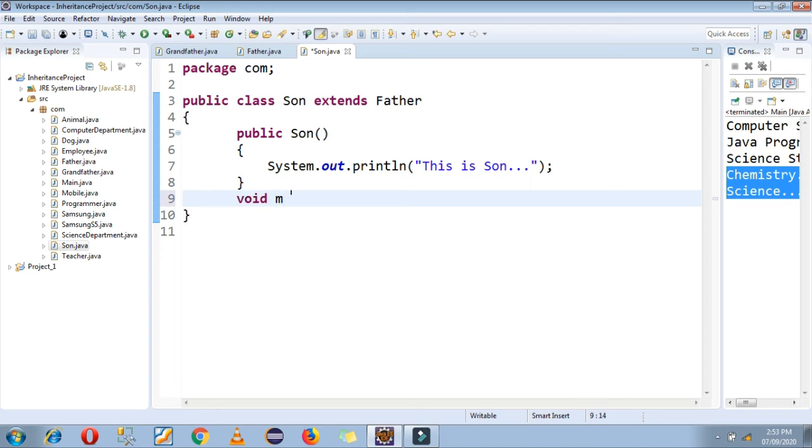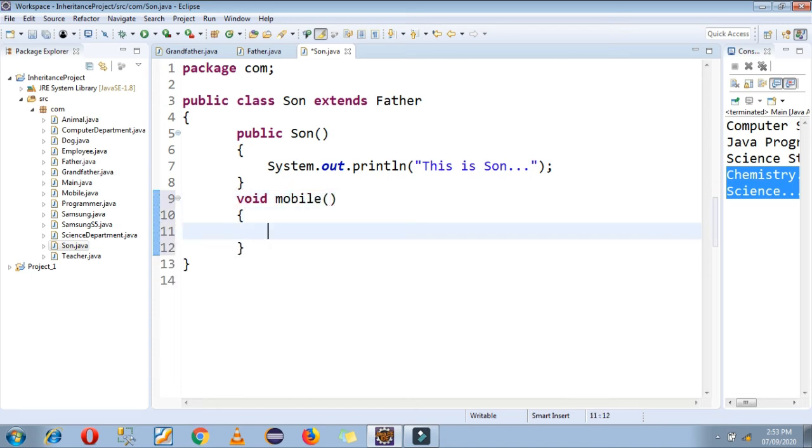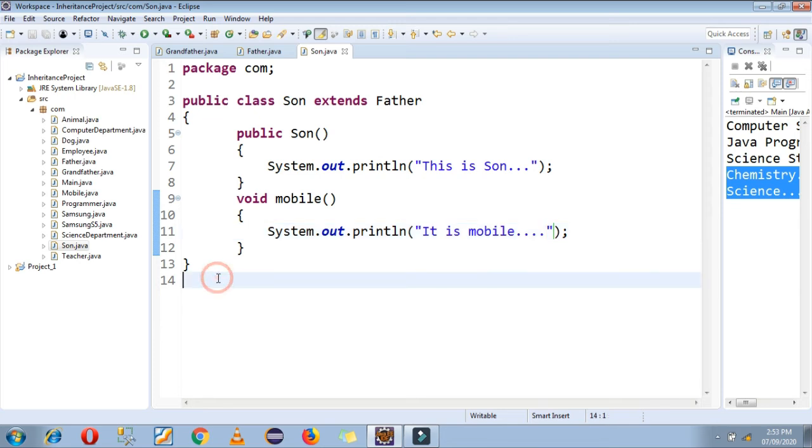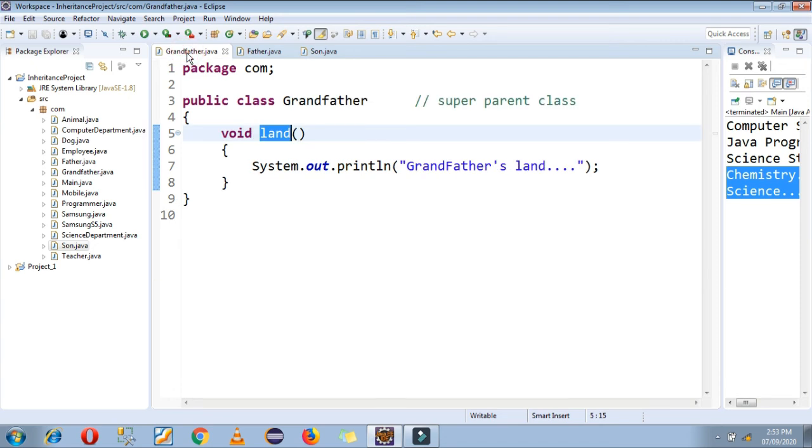Now I am going to create one function, that is a mobile function, and here I am just printing one simple statement, that is it is a mobile. Now son is a subchild of a father. You can see here grandfather is extended in the father class, and then the father class is extended by the son class.